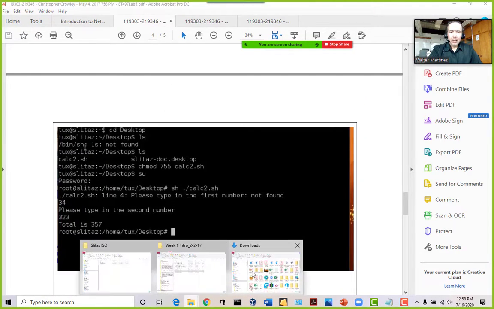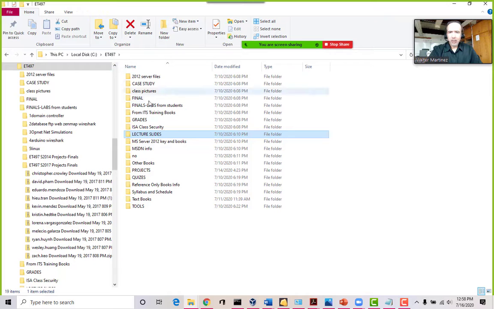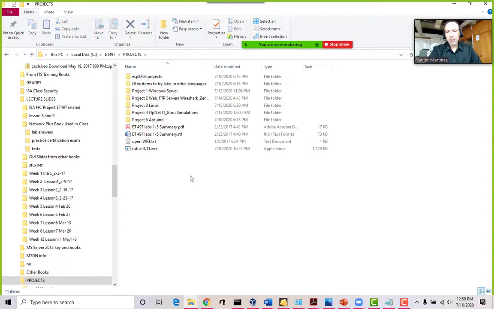So the way that the labs are divided, you'll receive a memory stick, and in that memory stick you'll have a list of projects. So there are 5 projects that we're going to be doing, and those projects have different kinds of things that you have to do inside of them. So let's take a look at a summary of those projects.